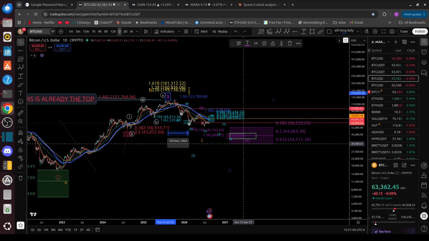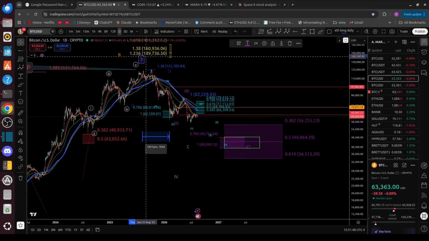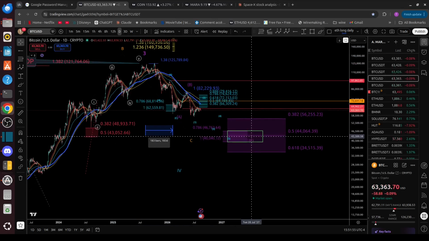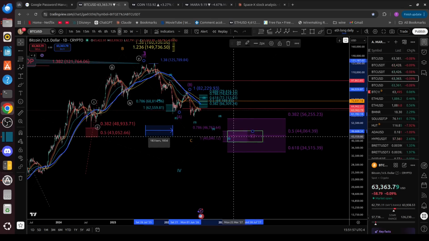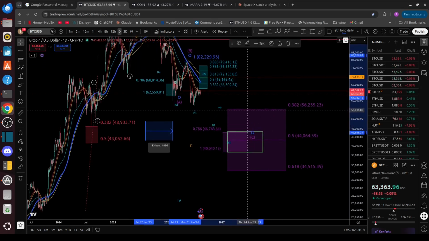Just add a text. I think that's just a label, a text label. Okay, so this is the third wave. We're working into this fourth wave, and the C wave should complete around here. So we almost reach the 0.382 at